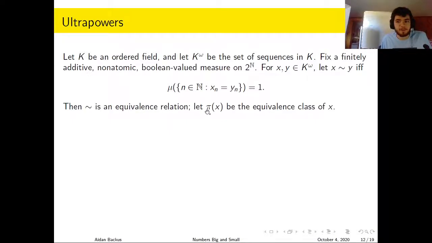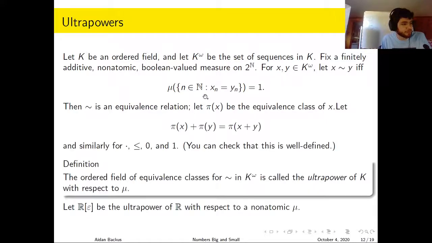That's like saying that if two sequences are similar, after applying pi we now consider them to be the same. So if two things agree except on a finite set, or on one of those arbitrarily chosen sets from when we used Zorn's lemma, we're saying these sequences are similar enough that we might as well think of them as the same. And to denote that we're thinking of them as the same, we write pi of x for the equivalence class. Okay?